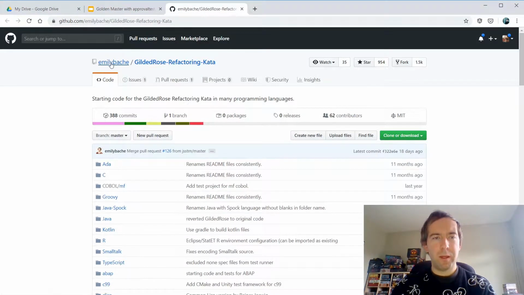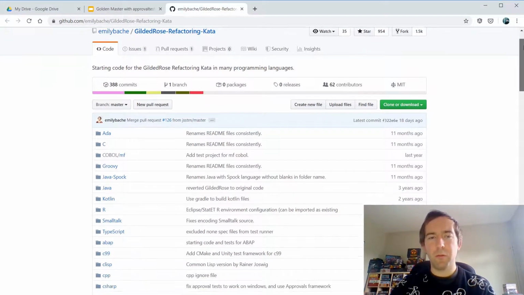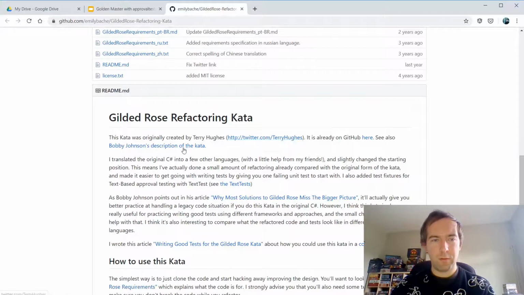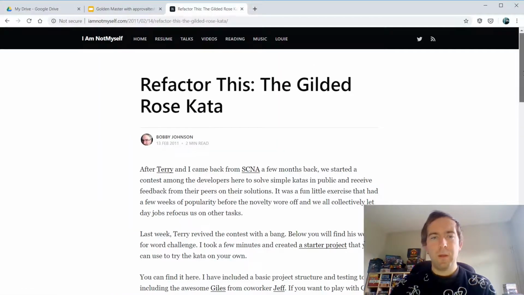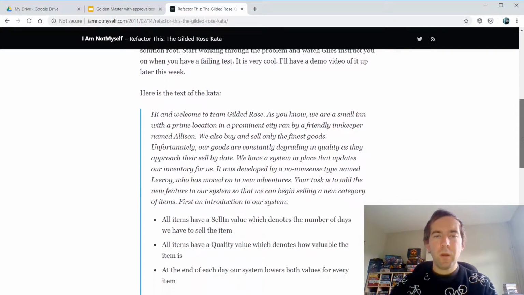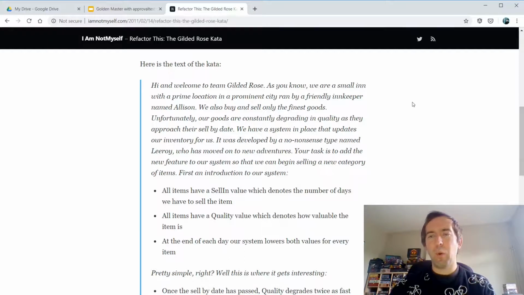So Emily Bache has a lot of katas in her GitHub, and one of those is called Gilded Rose. Let's scroll a bit down and find the description. I think this is the one. Yeah. So a quick problem description. We have been employed by the Gilded Rose, which is a small inn, and they sell stuff, and they need some kind of inventory tracking system that keeps track of the quality of the items they have